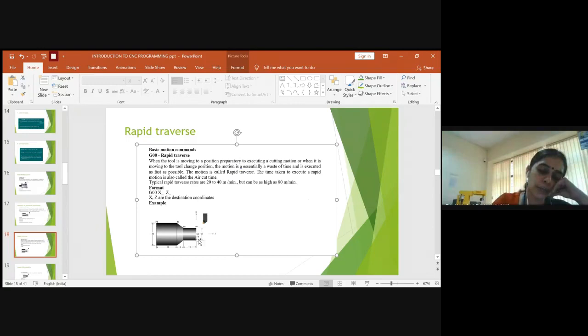From the initial position, you can etch out the extra part by doing different operations. So this is about the rapid traverse, why we use G00. The format is usually you write G00, X stands for the values of X, which is perpendicular to the spindle movement, right? And Z will be parallel to the spindle movement. So in this coordinate system, you will provide the value of X and the value of Z.